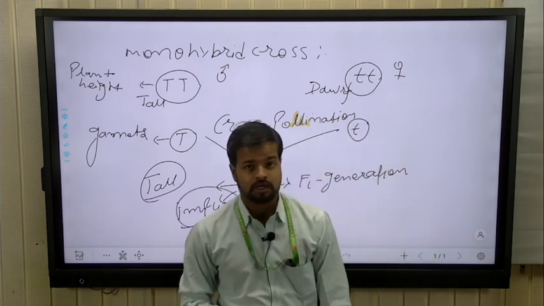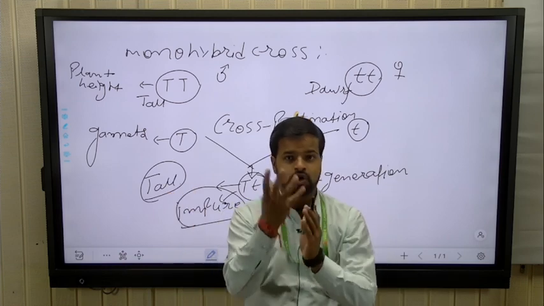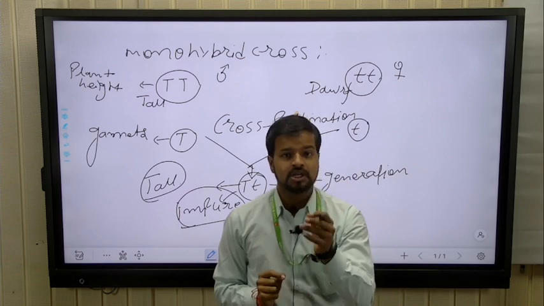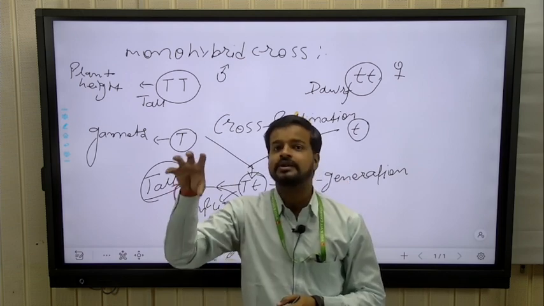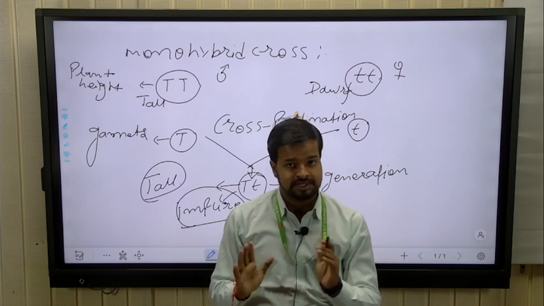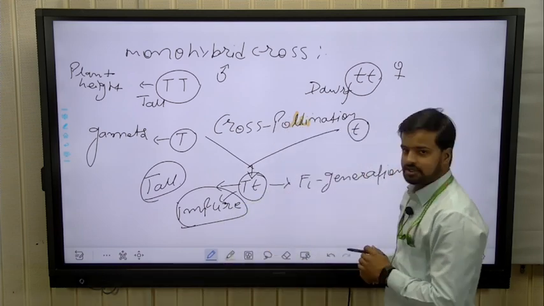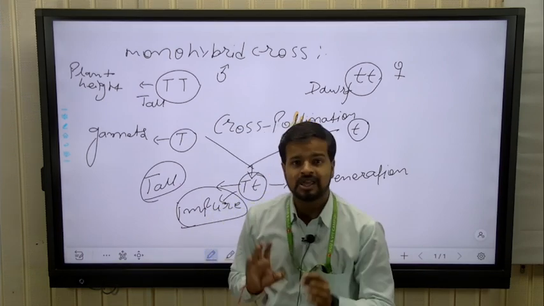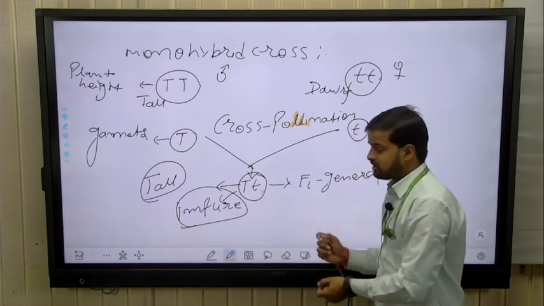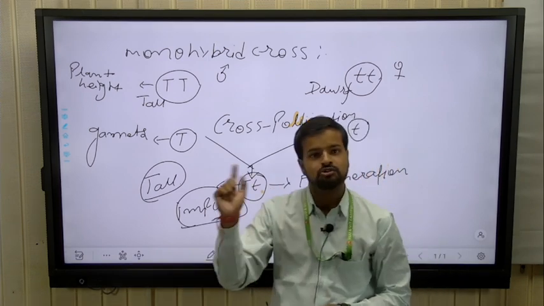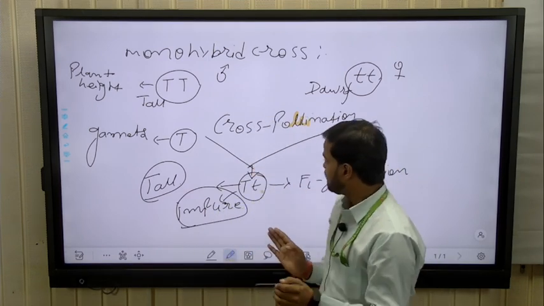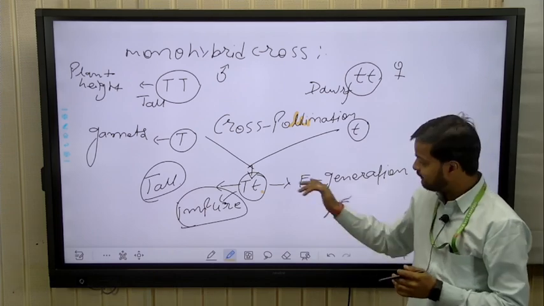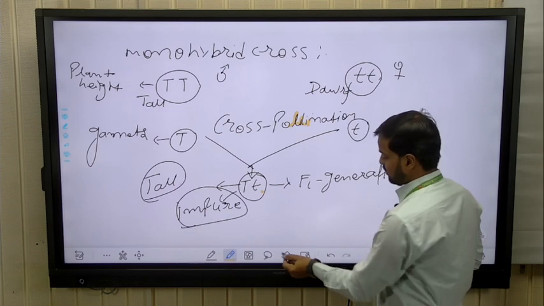Another conclusion is what? When we mix two pure plants, we obtain an impure F1 generation, and the F1 generation characteristics depend on the dominant character of a parent. Is it clear? After obtaining the F1 generation, what did Mendel do? Mendel did self pollination. That means Mendel pollinated the F1 generation plant with the F1 generation. Students, draw this diagram. After that we draw another F2 generation outline diagram.